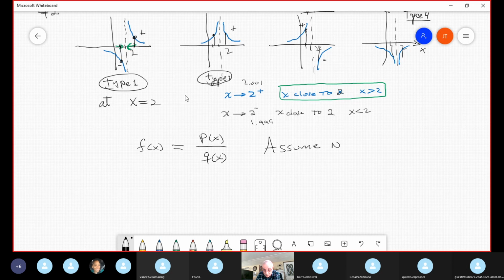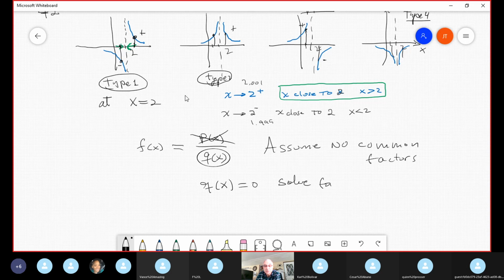So, no common factor. Now you take the expression in the denominator, q, forget about the top, and you force it to be 0. And you apply your algebra and solve for x. And this is my potential